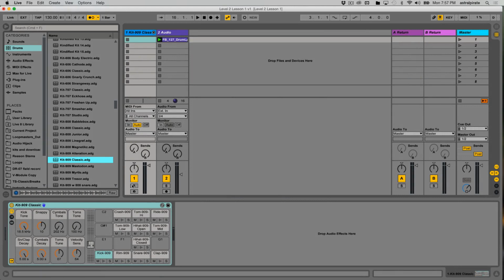Now I'm using the 909 kit because this is something that you'll hear associated with more straight beat styles, where the 808 kit is typically more associated with hip hop, with bass music, with things that incorporate more broken beats. Not always, but just generally. So here's my 909 kit. Using my computer